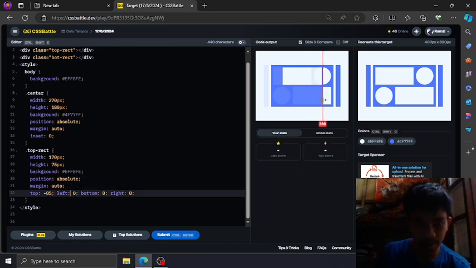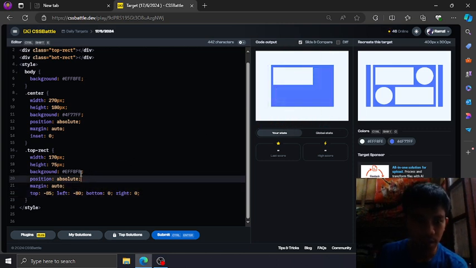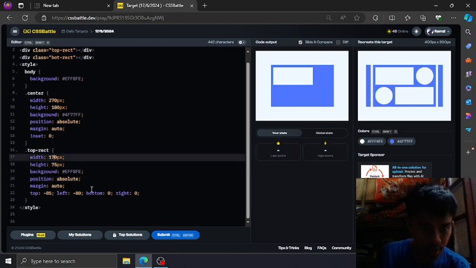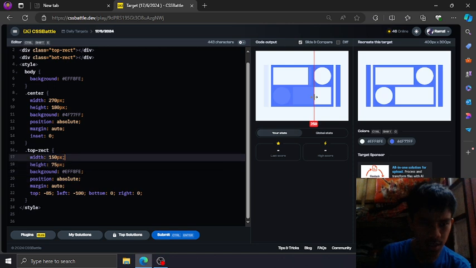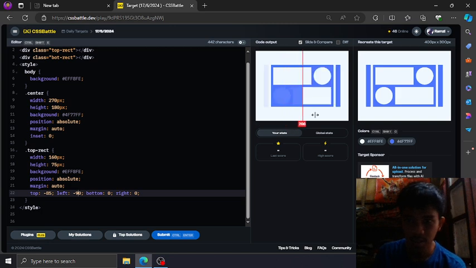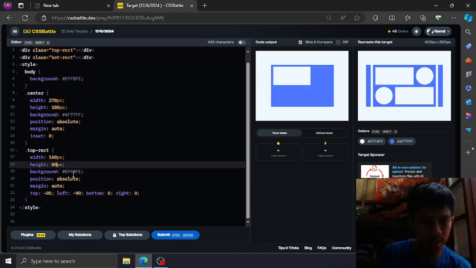Then push this to the left. Okay, then let's reduce the width. Then push this to the left. 90. Okay. Add 0. This is 90. Okay, let's add 5 pixels.